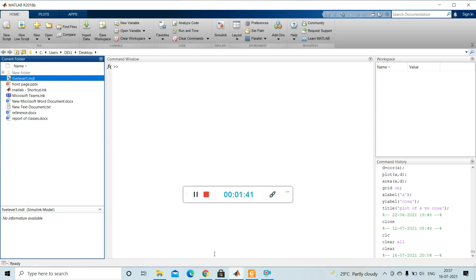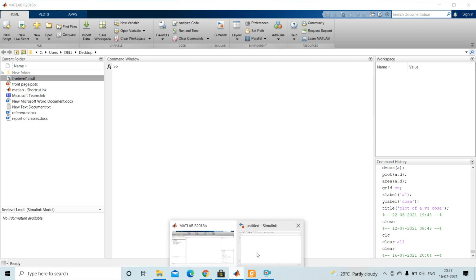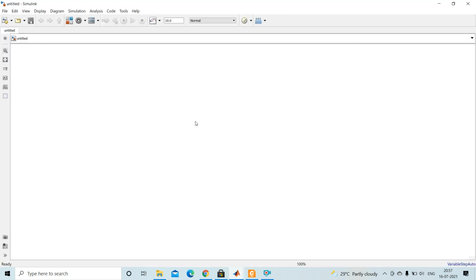This is the MATLAB window. In this MATLAB window, this Simulink is the link for simulation. By clicking on this Simulink, the Simulink window opens, and this is the Simulink library. By clicking here, the library browser opens.